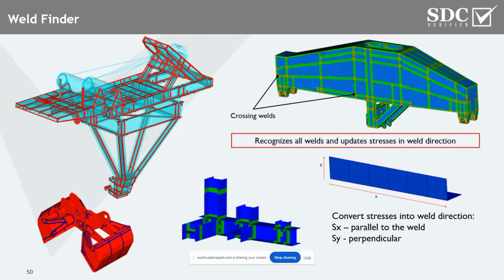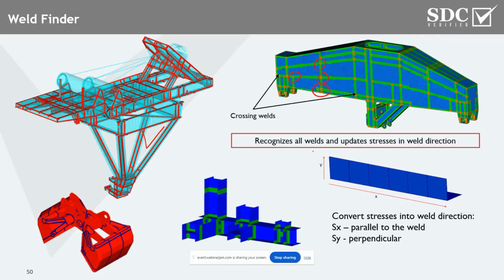The weld finder automatically recognizes all the welds, but it's not just simple welds. This also includes all kinds of weld intersections, so all kinds of crossing connections, crossing welds. These are the weakest points in terms of fatigue. Why? Because you end up with the lowest characteristic fatigue strength in these areas. So this is one thing. Another thing,